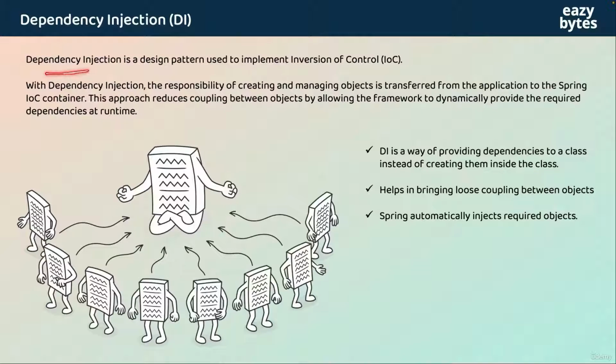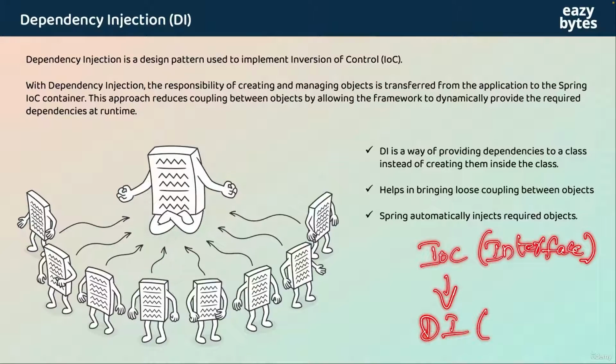I also highlighted here: dependency injection is a design pattern used to implement the inversion of control. In simple words, we can say IoC is like an interface. It just declares the contract or the guidelines that we need to follow,